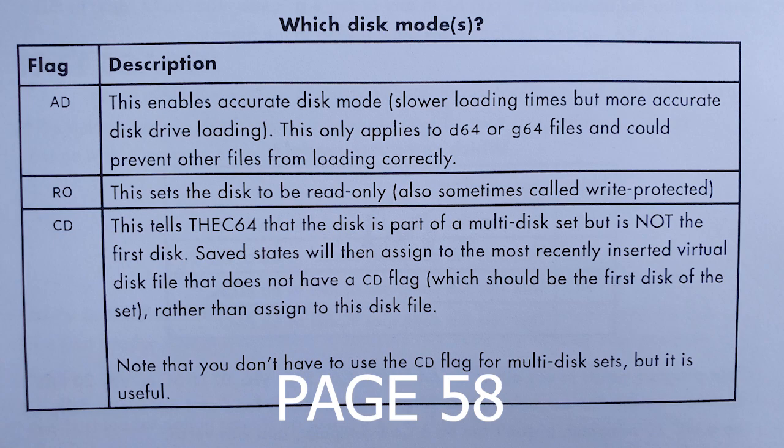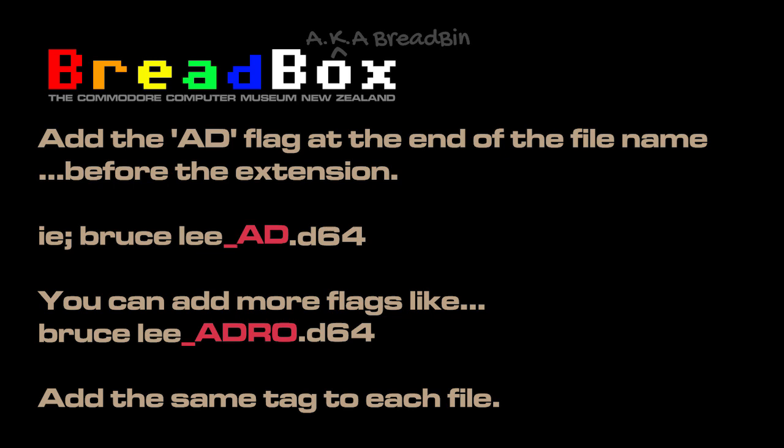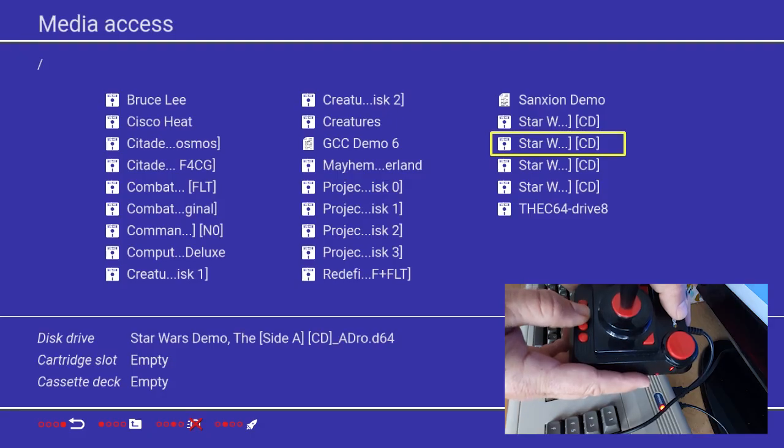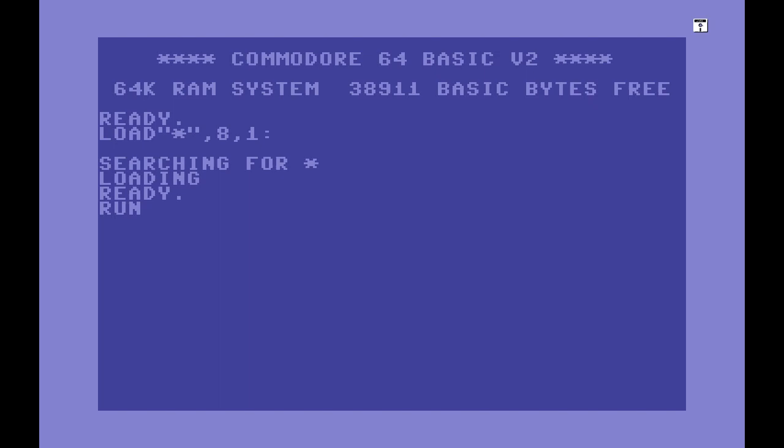So just as a bit of an update, you can add these flags at the end of the file name, but before the extension. So for example, we've got here Bruce Lee_AD.D64. But also you can add additional flags, like I have in another example here, Bruce Lee_ADRO.D64. So now that I've adjusted those names, press auto load, or the classic way of course, and sit back,